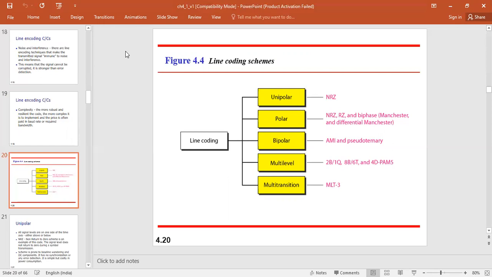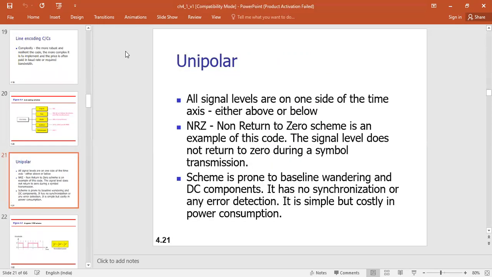Okay. So now unipolar. What does unipolar mean? All signal levels are on one side of the time axis. That is called unipolar. Either it's above or below. Suppose every signal may be on the positive side or on the negative side, but on one side only. So that is called a unipolar type of signal. NRZ, non-return to zero scheme, is an example of this. The signal level does not return to zero during